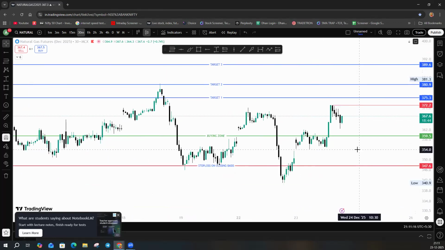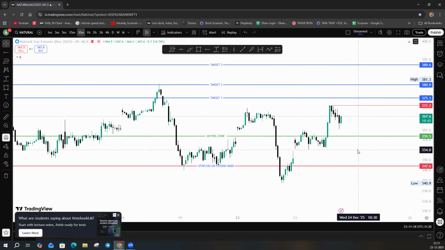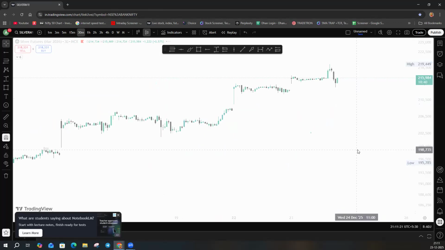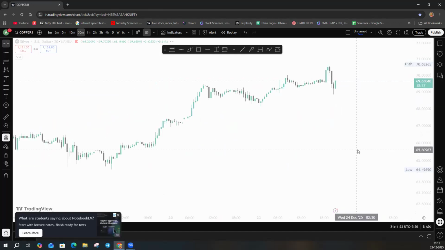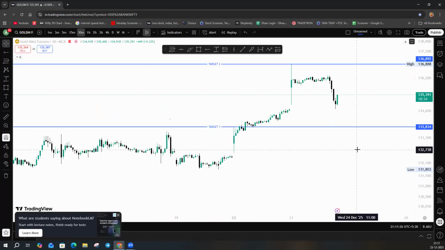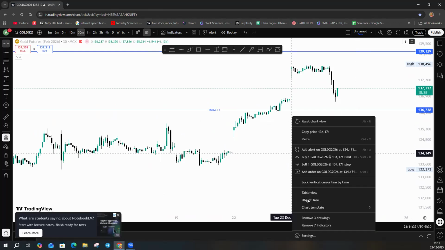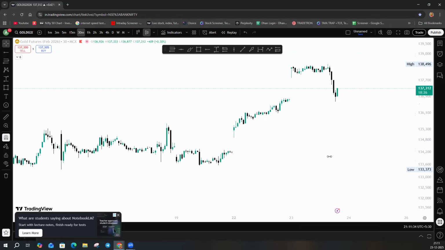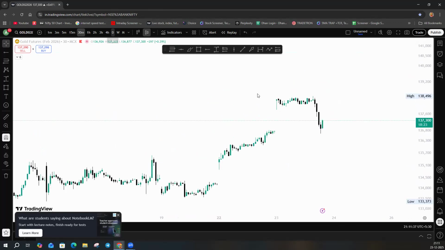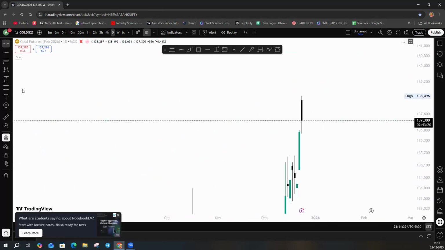Okay, now we will move towards another commodity, that is gold. So in gold, what is currently going on? The gold is currently at levels which can be seen from the previous closing. Today gold has closed upside, and after the upside we can see some correction from the upper levels, and after this correction we have again got some pullback from the previous day's closing.